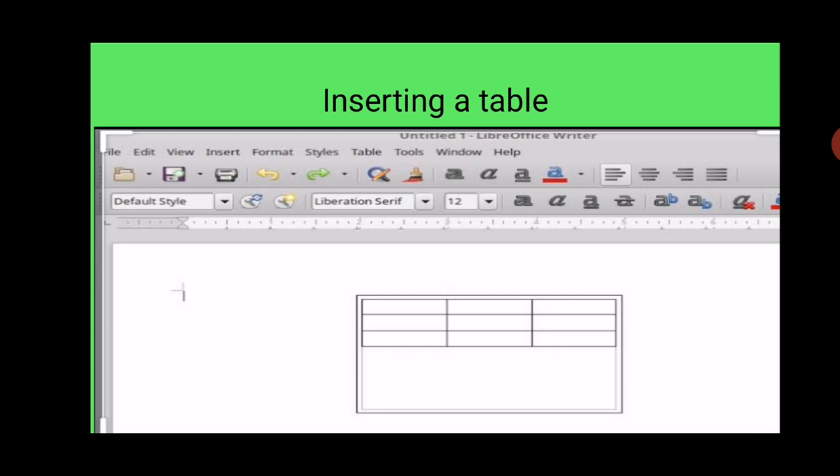Otherwise, just select your table and right click on it, and then you can also select your delete option, then you can easily delete your table row and column.